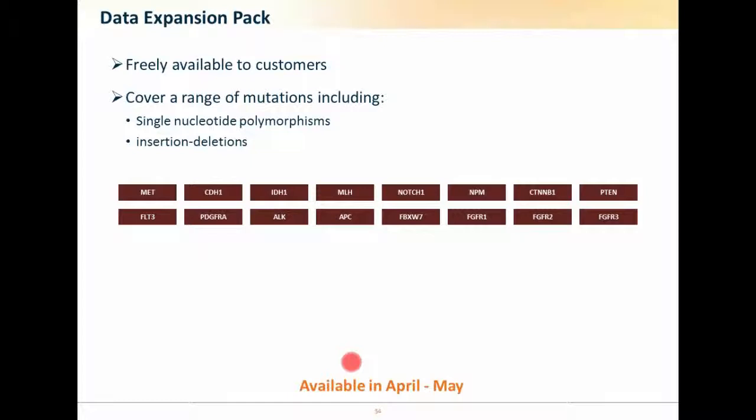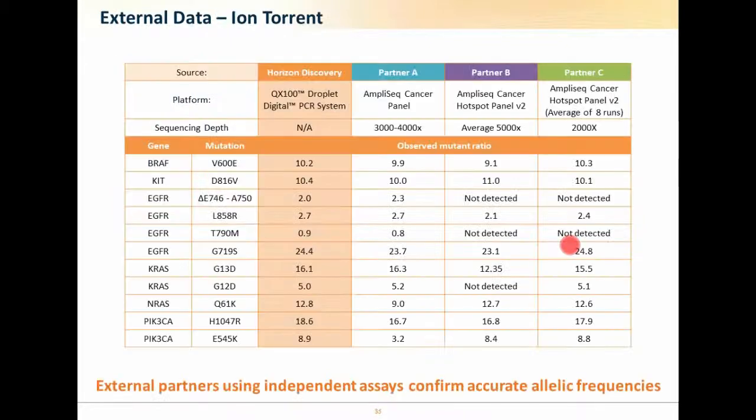What we're now doing as well is, this initial offering has 11 validated mutations, and what we're going to be doing next is, we know there's a number of SNPs and indels across these genes within our cell lines, so we will now validate the indels and the SNPs across these genes, and then we will be able to add those additional features to